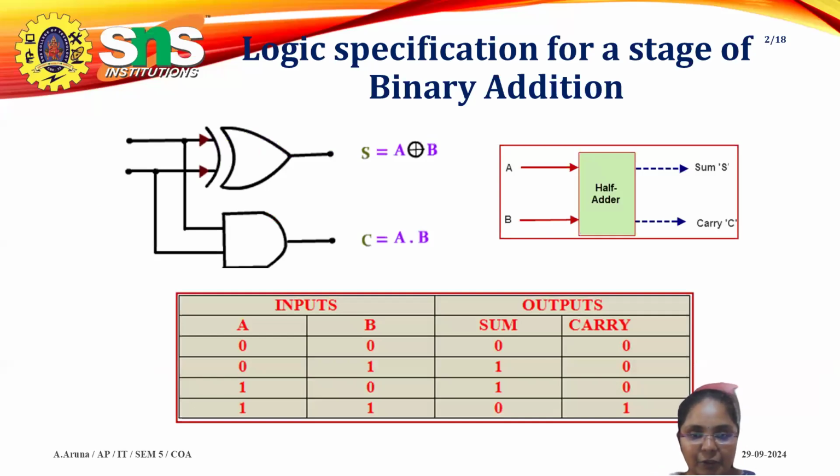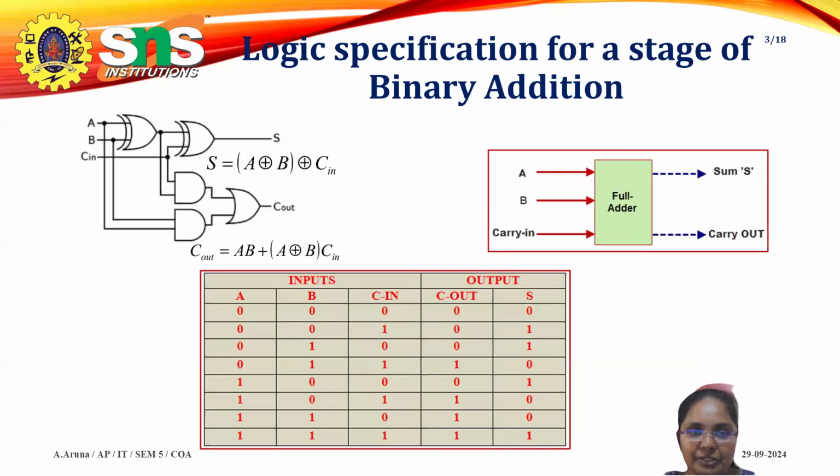So definitely it will have 2 inputs and produce two outputs, one is sum, another one is a carry. But in our architecture, we are using a full adder. A full adder has 3 inputs and produces 2 outputs. What is the third input? It is the carry in. For example, if I add 1 plus 1, that is 10: 0 is the sum, 1 is a carry. That carry we pass as an input to my full adder. So we give 3 inputs: A, B, and C.